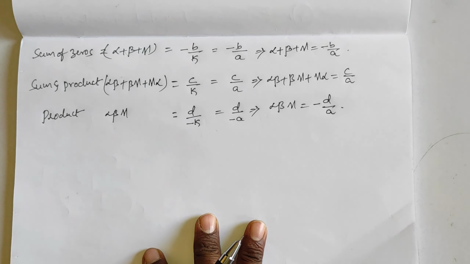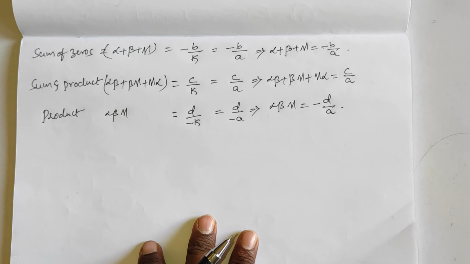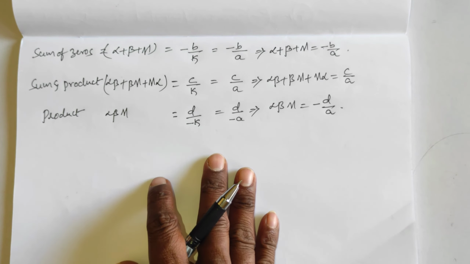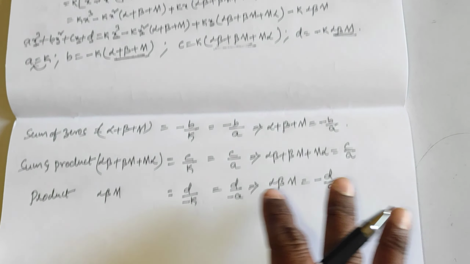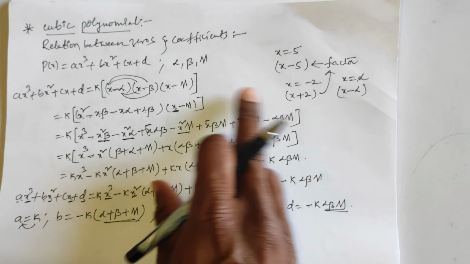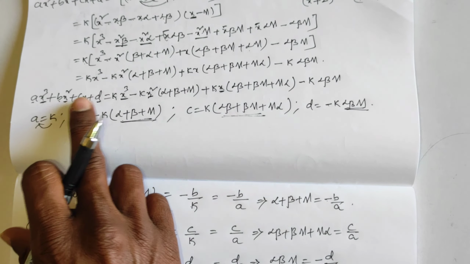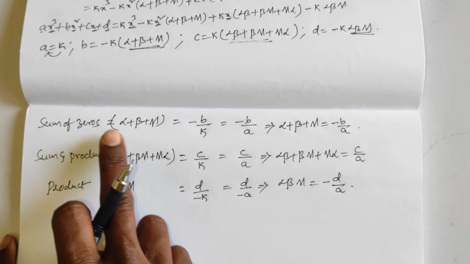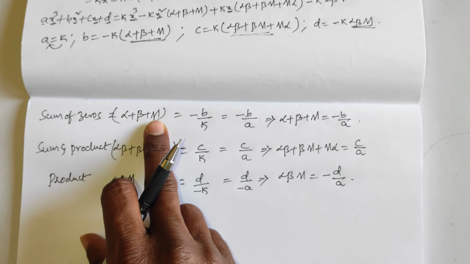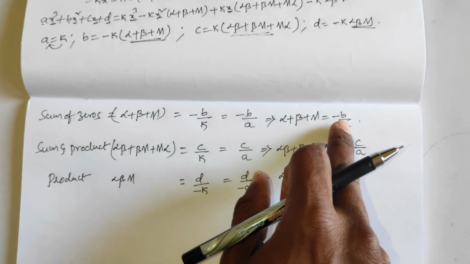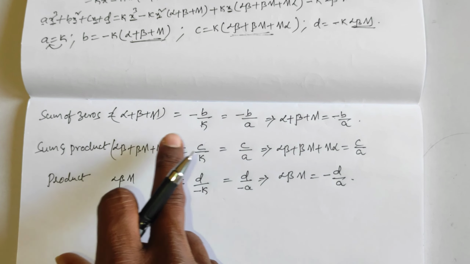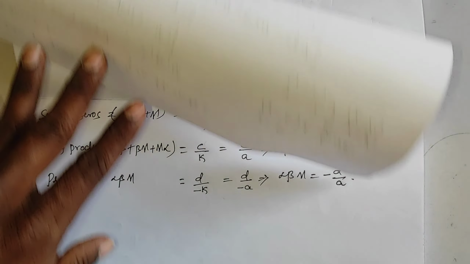So this is the relation between zeros and coefficients of a cubic polynomial. Okay. So just once we'll recall this one, what happened. So the standard form with zeros and factors, we multiplied and then we compared here. We got the relation between zeros and coefficients. Here alpha, beta, gamma are the zeros and a, b, c, d are the coefficients. So this is the relationship between zeros and coefficients.